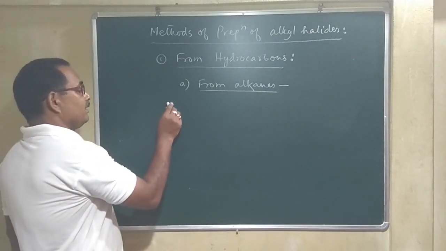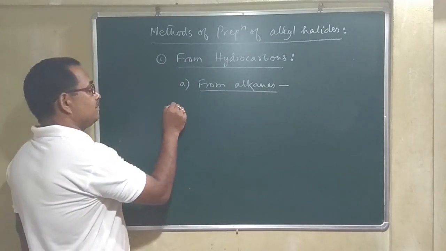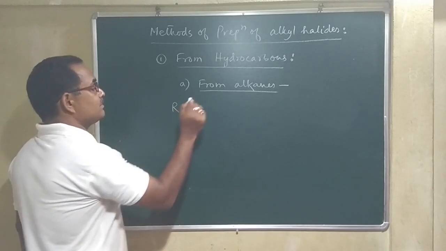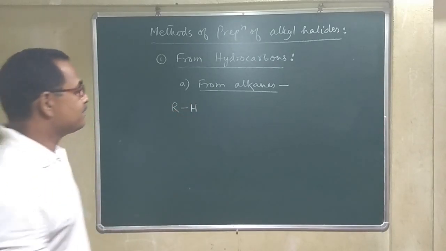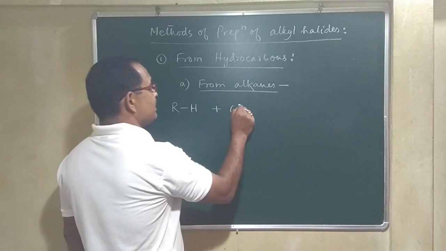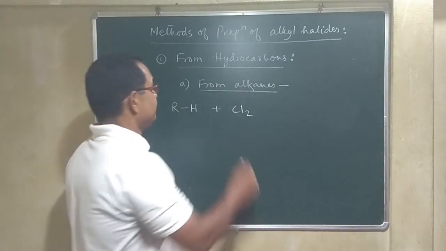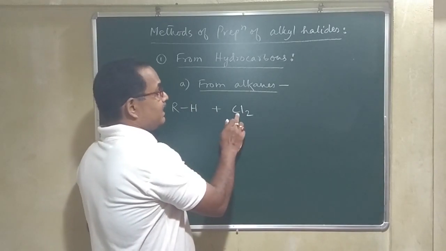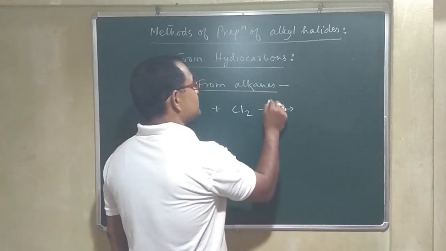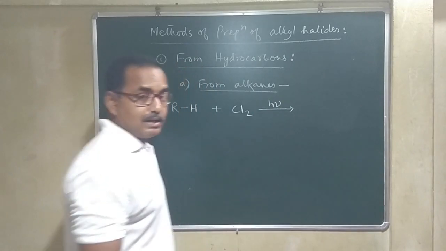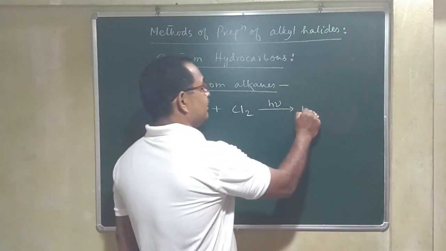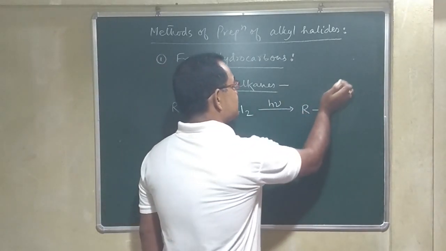See, an alkane is represented by, say, RH. When this is treated with chlorine, because all halogens do not react in this reaction, in presence of diffuse sunlight, then that hydrogen is replaced by chlorine